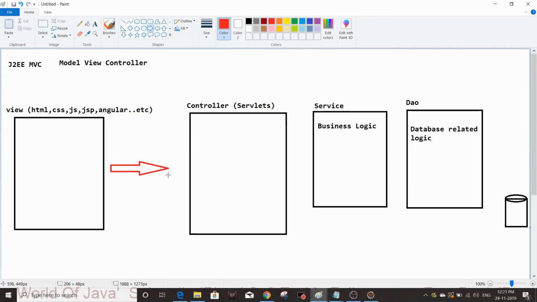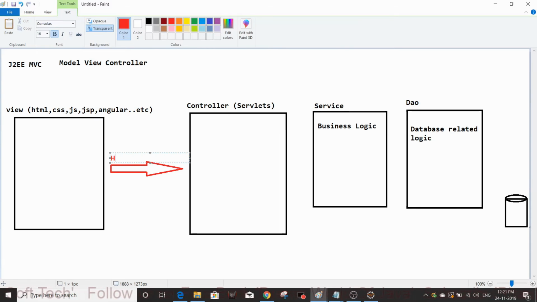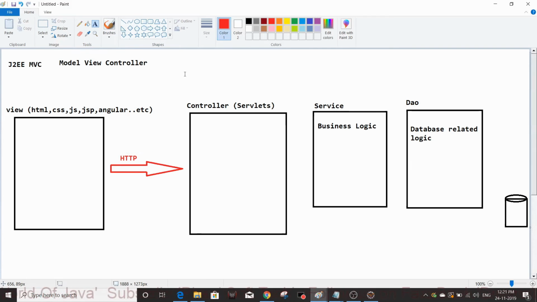So the request is going like this through the HTTP request. Then our gateway, the controller, understands that HTTP request, parses it, gets the data by using some HTTP methods, and makes it one object.